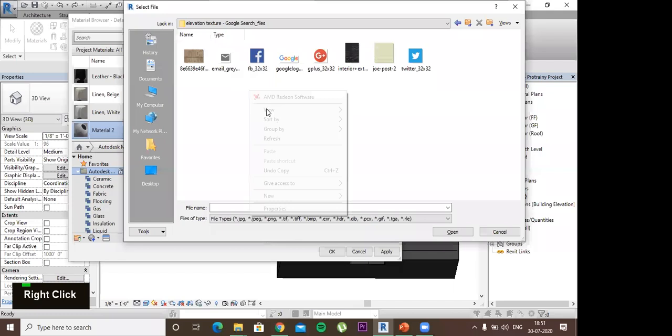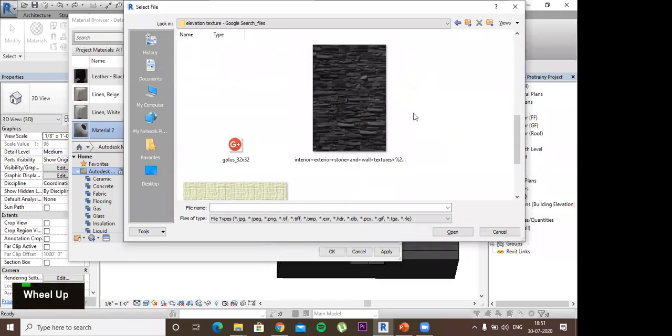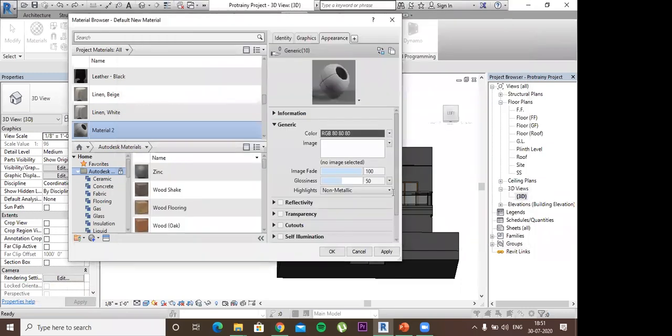Elevation texture, I'll create extra large image. Suppose this one, I'll select open, and now we have this material already created. I'll select apply and click OK.